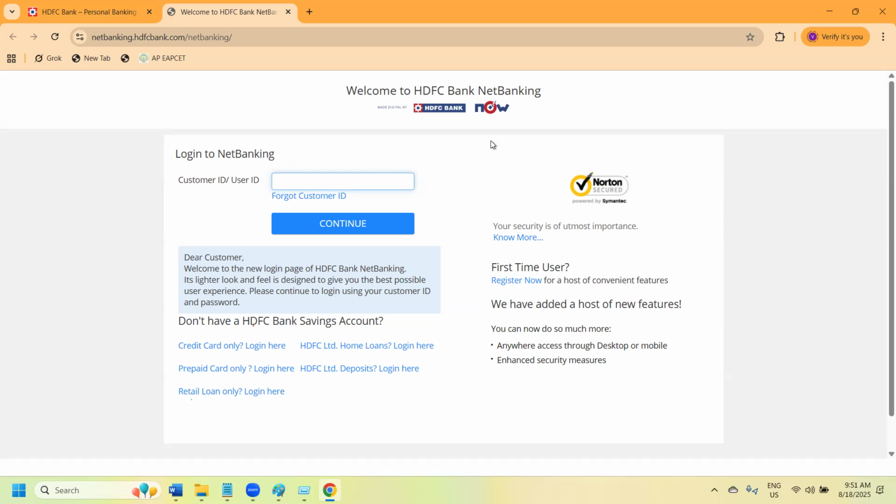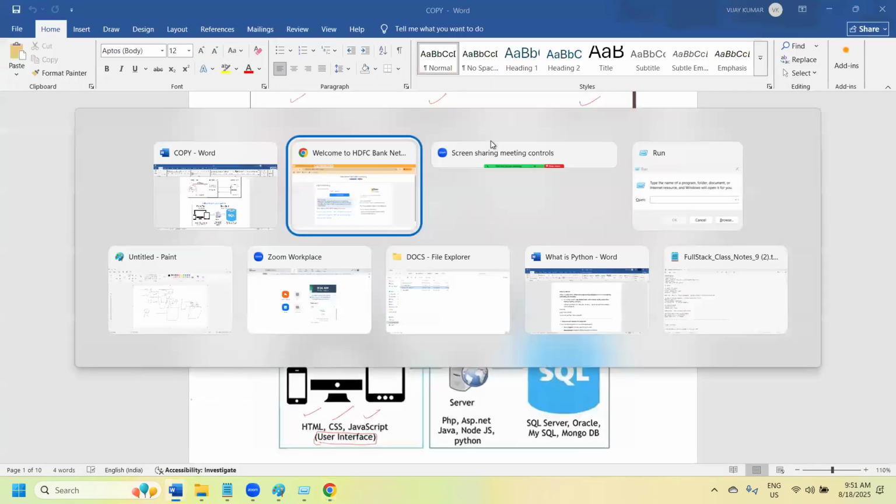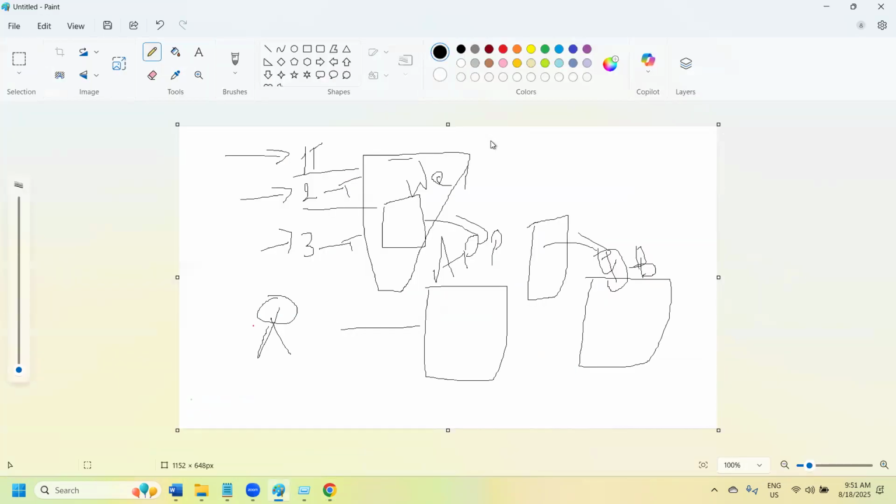Now, even freshers in the market might have a doubt: what is full stack Java development, or what is full stack Python development? Full stack Python or full stack Java means a person who has knowledge of, say, Python, and who also knows databases.